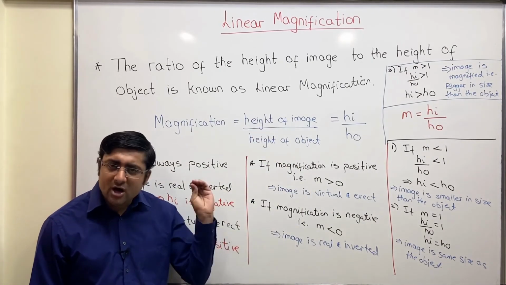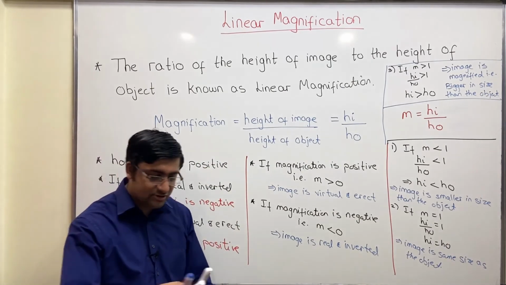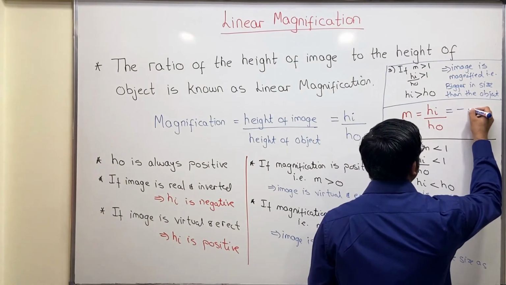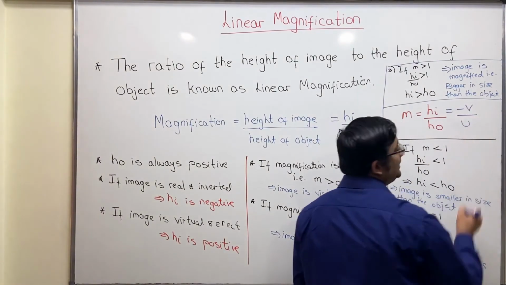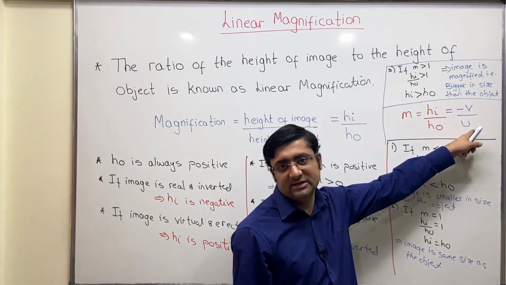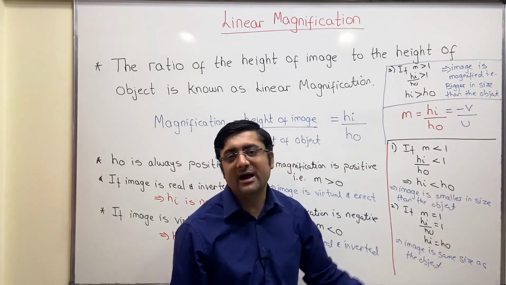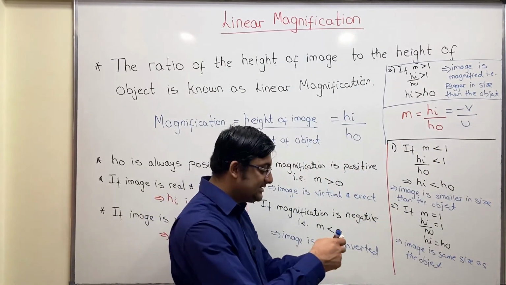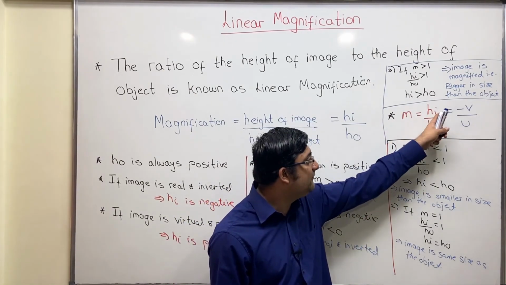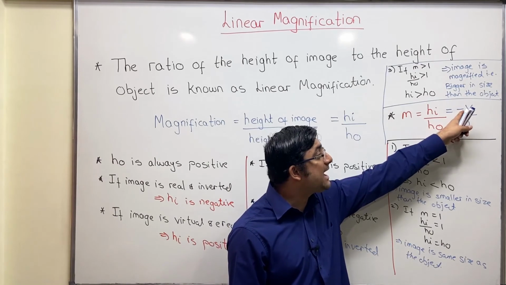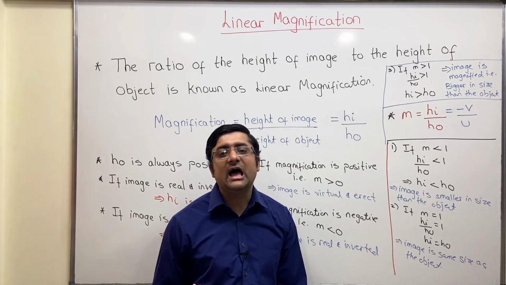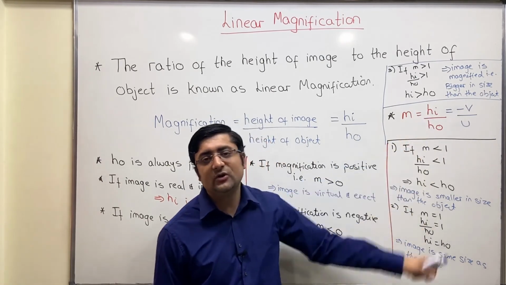Now guys, I'm going to teach you how exactly to find linear magnification. So pay attention guys, magnification HI by HO is equal to minus V by U. Is this clear guys? Over here, what is V? Image distance. What is U? Object distance. So this is how we're going to calculate magnification in all the numericals. I repeat guys, this is the formula which you have to remember. That is, magnification is nothing but height of image by height of object, which is given by minus of v by u. And v and u, of course, as per our convention, object distance and image distance. So this is the formula, guys, which we're going to be using.